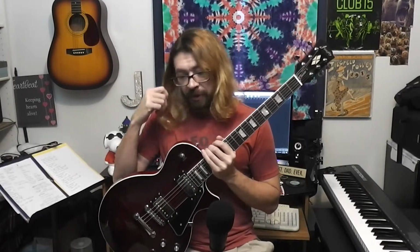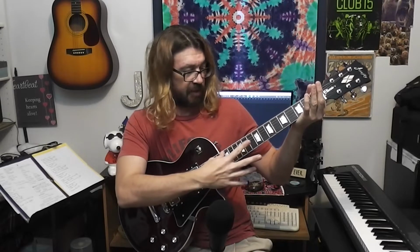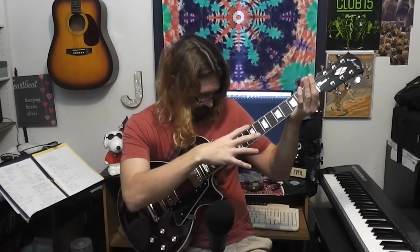I'm not going to go into anything that's irreversible, like taking out a file and trying to level the frets or stuff like that. Nothing complicated and nothing that you can't adjust back if you want to. So, first thing I do, take a look at the truss rod. Now, how you do that, you can capo it at the first fret, but I usually just fret the first fret, and then I'll go up to like the 15th, 17th fret, somewhere up around here, and fret it, and take a look